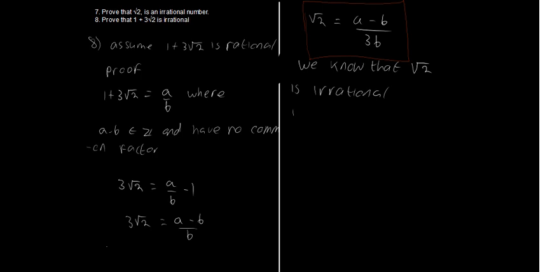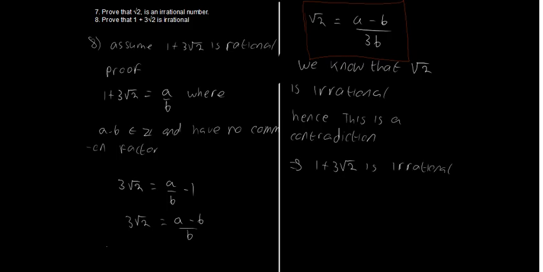Hence, this is a contradiction, implying 1 plus 3 root 2 is irrational,